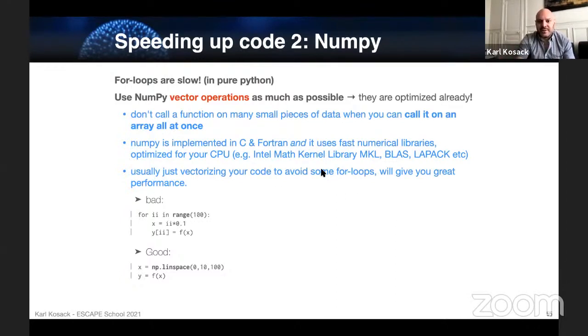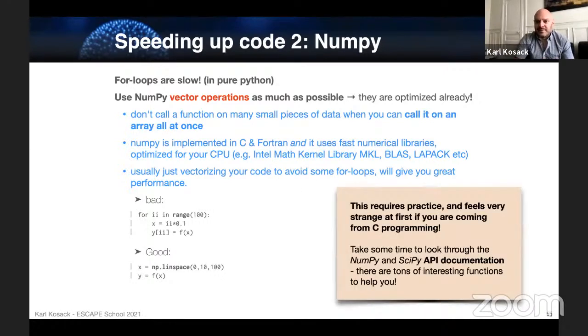So anyway, just vectorizing your code, avoiding for loops, gives you a lot of performance. Now, that's not quite easy to do. I think, especially if you come from C programming, it's a very strange way of operating. If you started out writing code in MATLAB or IDL or R, then you are probably much more used to this method of programming. But if you come from C and you're used to writing for loops, I always notice the first Python code that people write looks like this because they're used to C. It's the wrong way to do it. It takes a bit of thought.